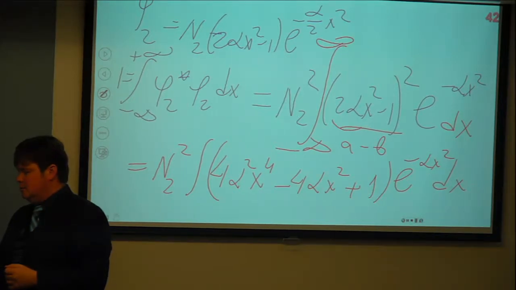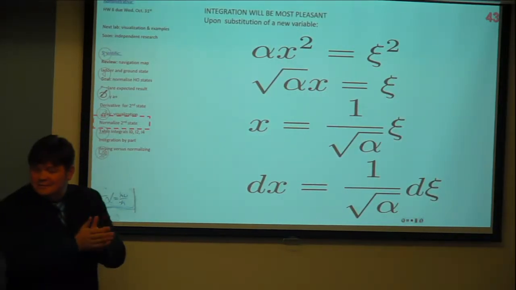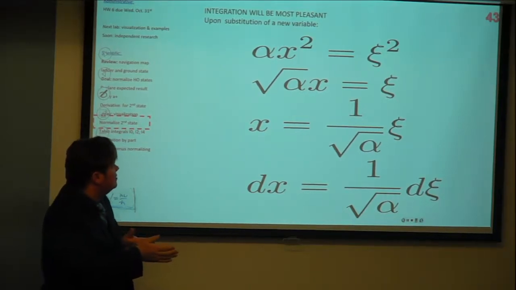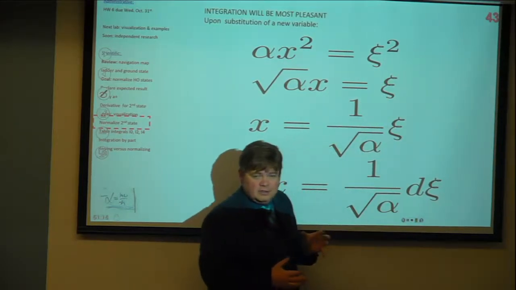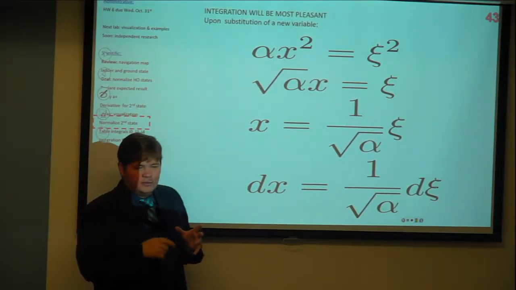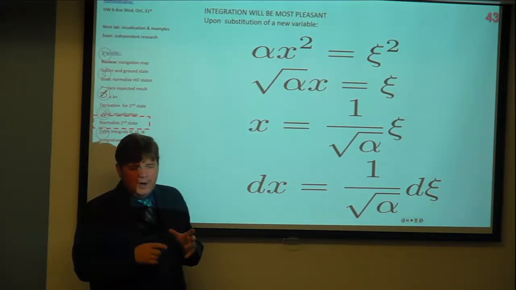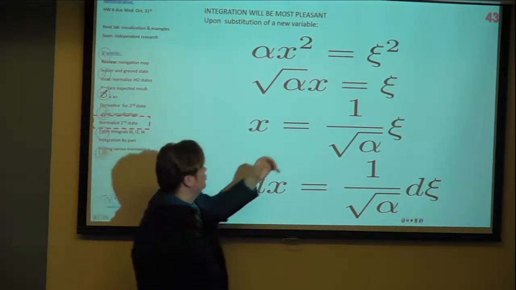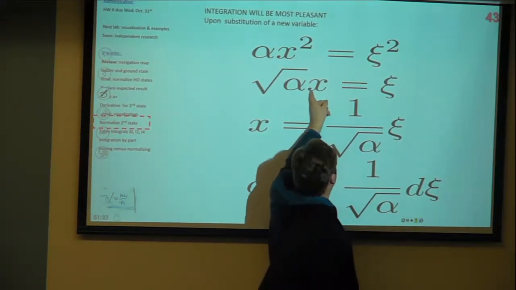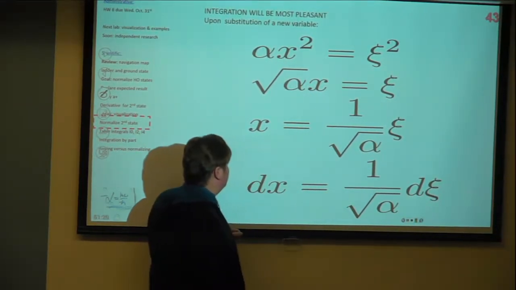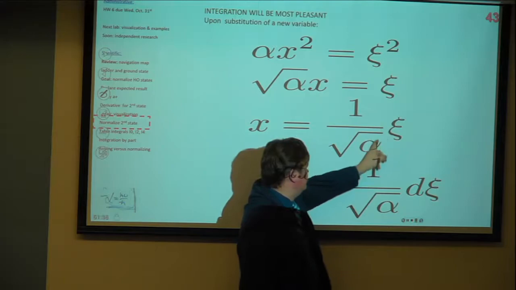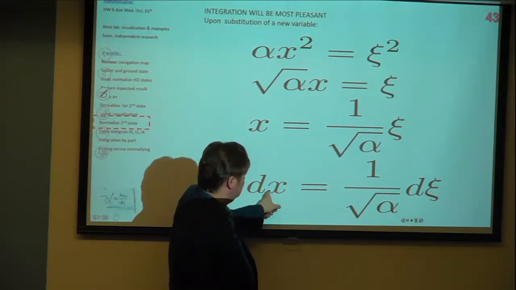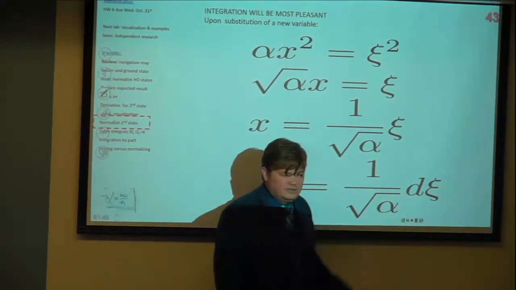Okay, so taking care of the alpha. What if we assume that there is a new variable, so that we get just pure e to the power minus some variable squared. So we just redefine variables that differ by square root of alpha, and then our original variable is replaced by the new variable divided by this square root, and the integration increment will also inherit this factor.